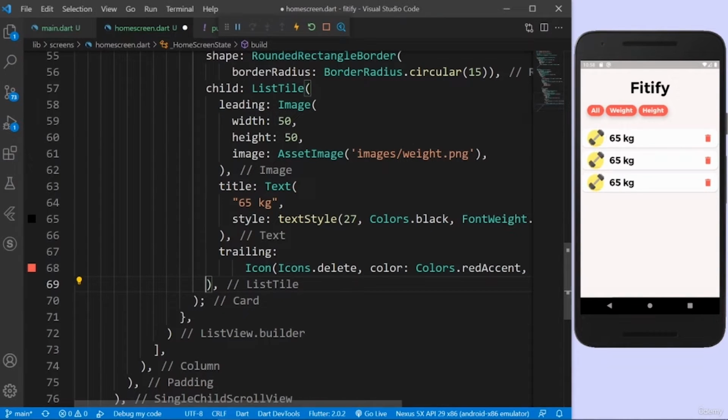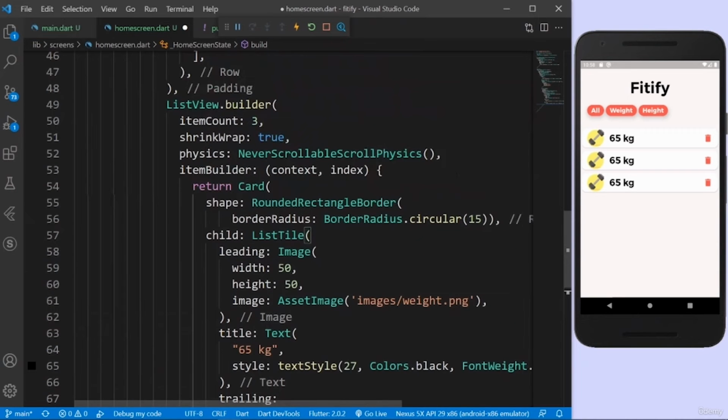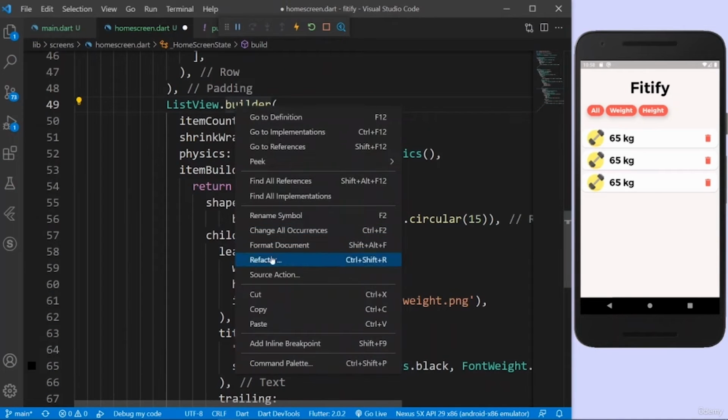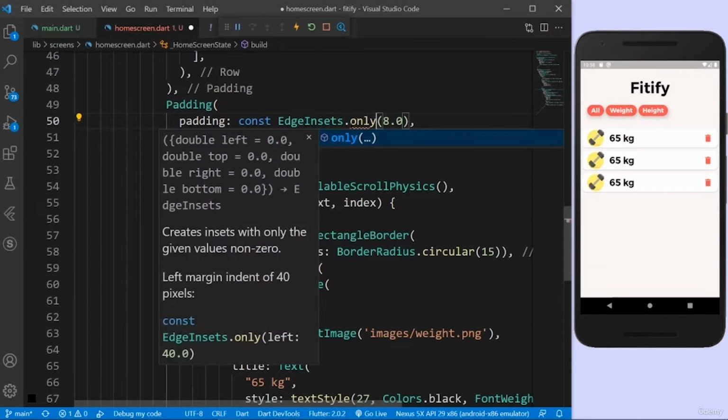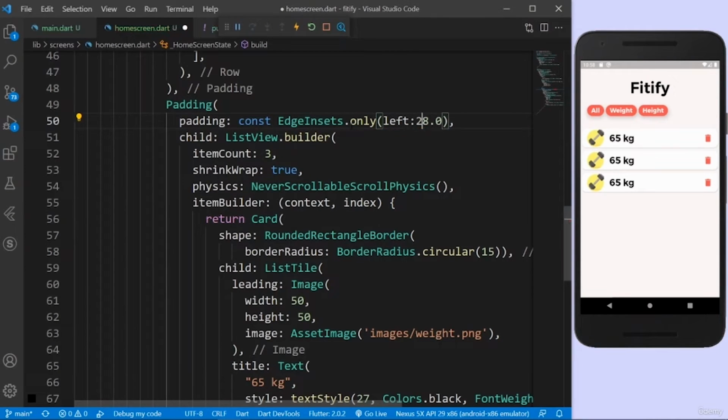from the right side. So what I'm going to do again, I'm going to wrap this list view builder into a padding. I'm going to say from the left side give 20 pixels of spacing, or actually padding. From the right side also 20 pixels. When I save everything, I should have 20 pixels. There you go, I have 20 pixels. I have 20 pixels spacing from the left side and also from the right side,